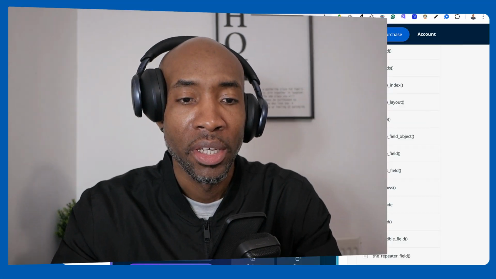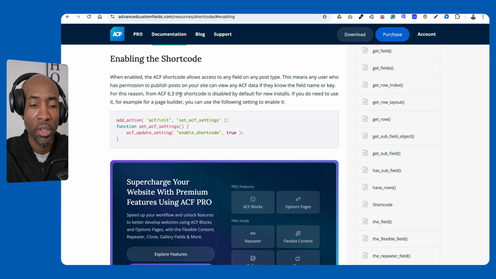Future Marlon here. As I was editing the video, I realized that I actually missed a step. Now, if you install Advanced Custom Fields and you don't see your shortcodes working, it's probably because you haven't enabled shortcodes. By default, when you install the plugin, they've disabled it at the moment. So what you'll need to do is to add a line of code that they've given us here. If you go to their resources page, which I'll link to,